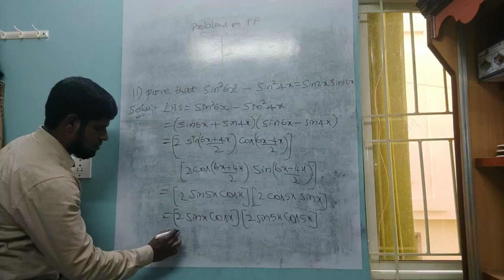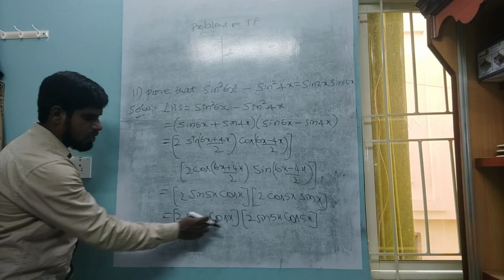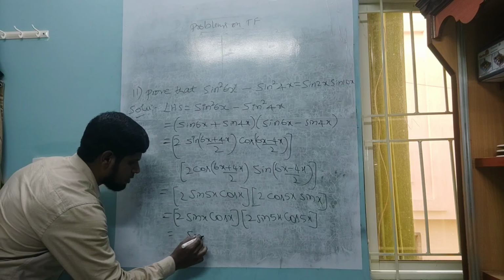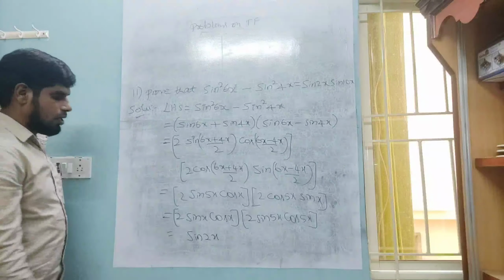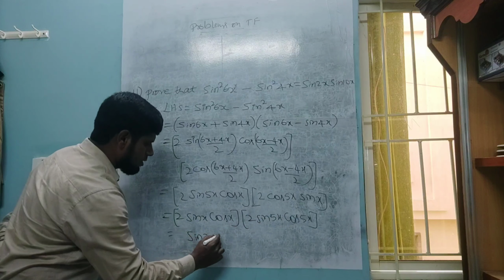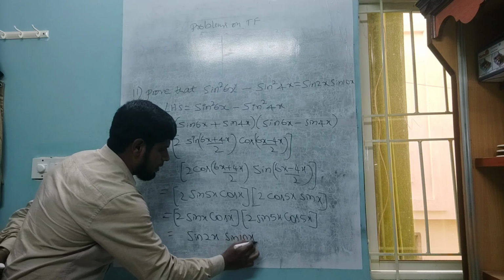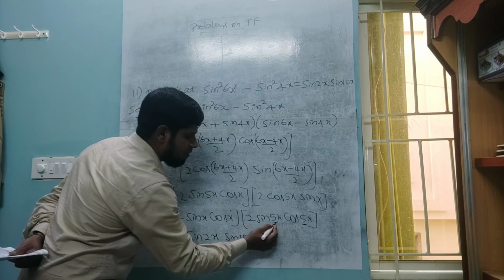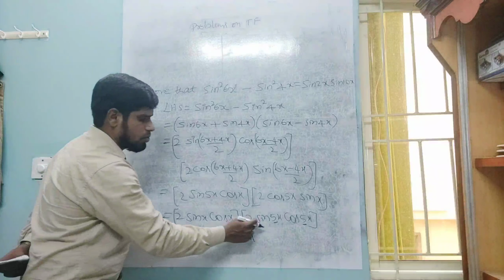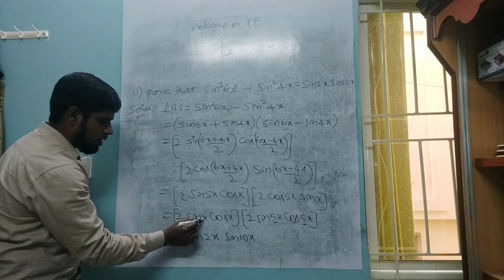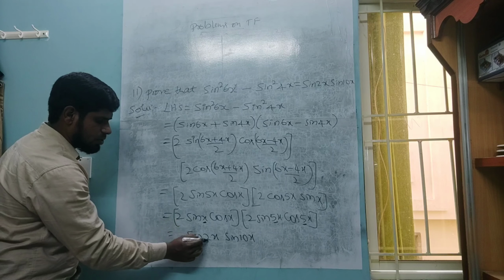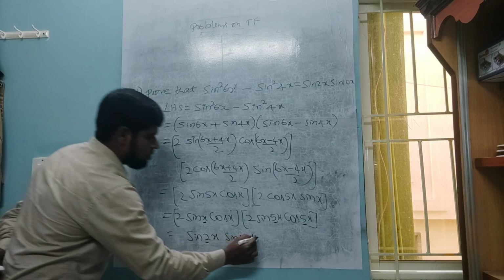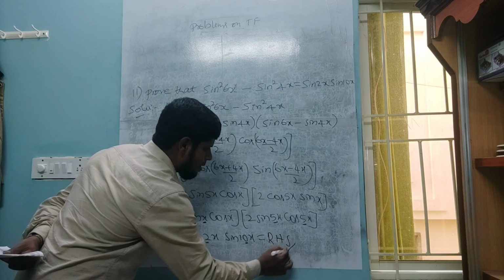Then see student here, 2 sin x cos x. I have a formula for 2 sin x cos x. It is sin 2x. Now in the same way, the formula for this is sin 10x. Why is it 10x? Because here the angle is multiplied by 5. This 5 multiplies to this 2, so 5 into 2 is 10 here. And here 2, the angle multiplies to 1, 1 into 2 is 2 here. And here 5 into 2 is 10. So student, this is my RHS.